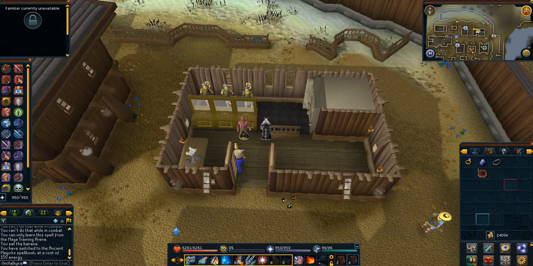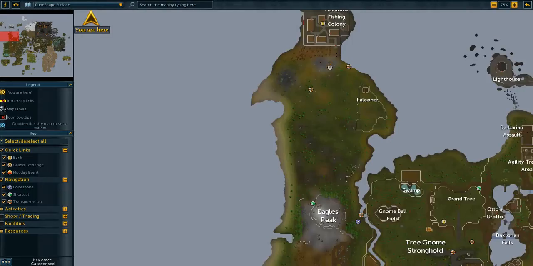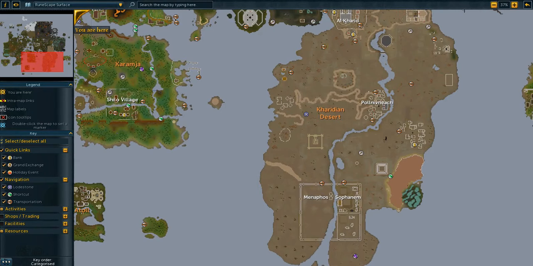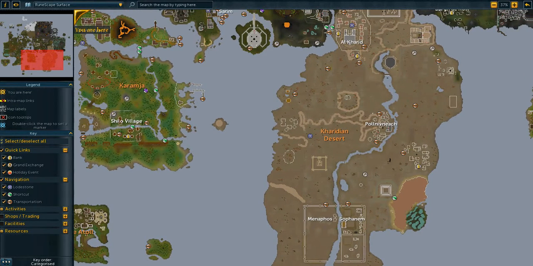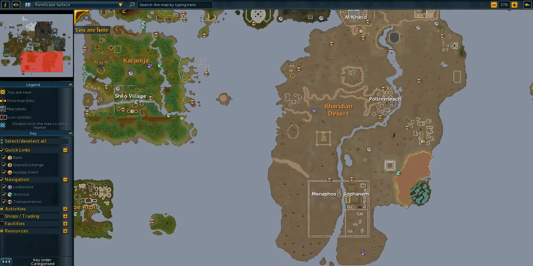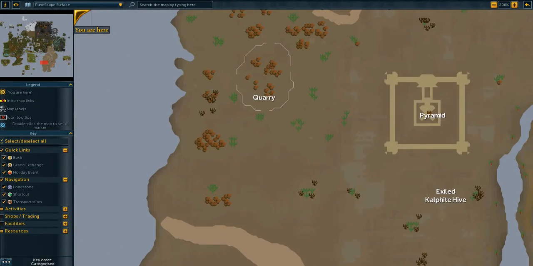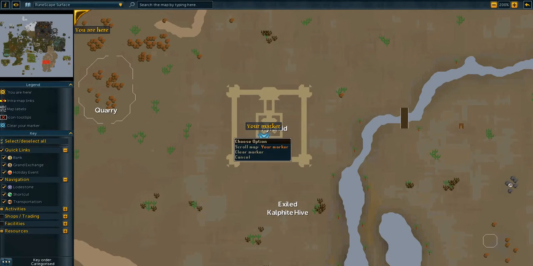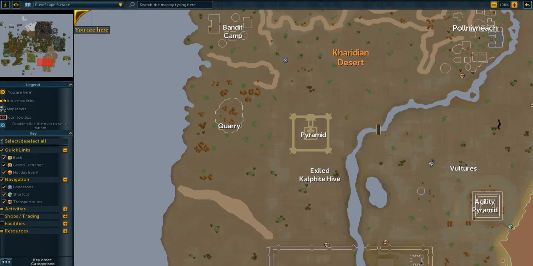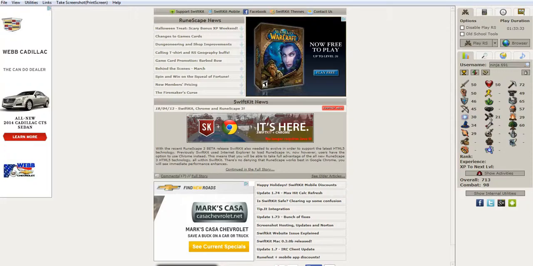The Ancient Magicks book is located over here. You would have to travel to the Al Kharid desert, and then from there you would go south, and in this little pyramid right here you would travel to the south of it. From here you go in here, travel south along here, and in the back there's a door. In that door you go inside, and it'll have an altar, and then you would right click on the altar and pick switch spell books, and it'll switch